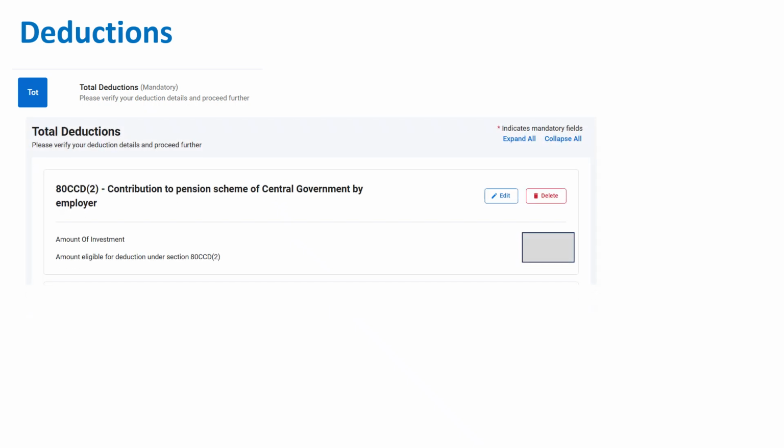Once you fill the gross income, the next tab is total deduction. And if you are in new regime, the deduction is limited. So the deduction what I've shown here is 80CCD, that is contribution to NPS by your employer. So in your CTC or in your salary breakup, if you have any component where the employer is contributing to NPS, then that is exempted from tax. So that amount needs to be reported here. Generally, this will be auto-filled because your employer would have filed this detail to the tax department.